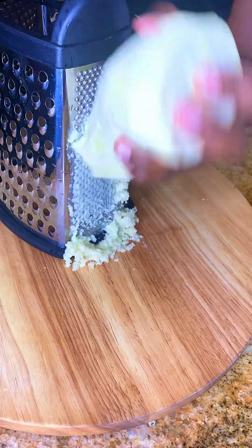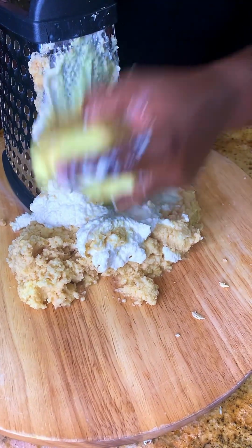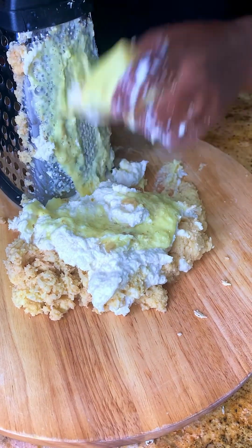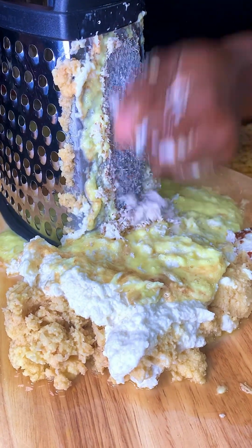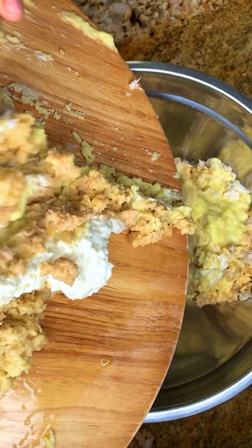I'm going to go ahead, peel those up and wash them nicely, and I'm going to grate them. I like the texture I get from grating, but feel free to use a food processor or a blender. But grating works for me when I want to have a nice, good, decent piece of sweet potato. Once I'm done grating, I'm going to transfer everything to a large enough bowl, and I'm going to start by